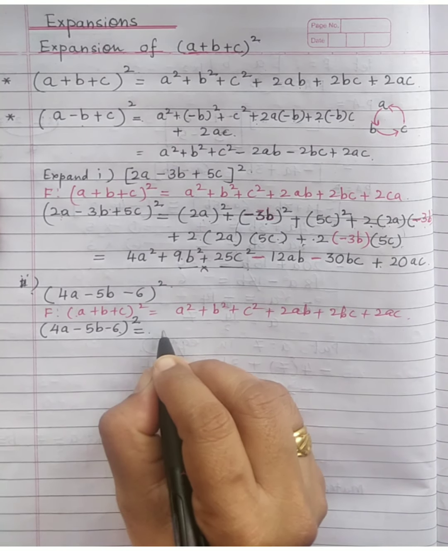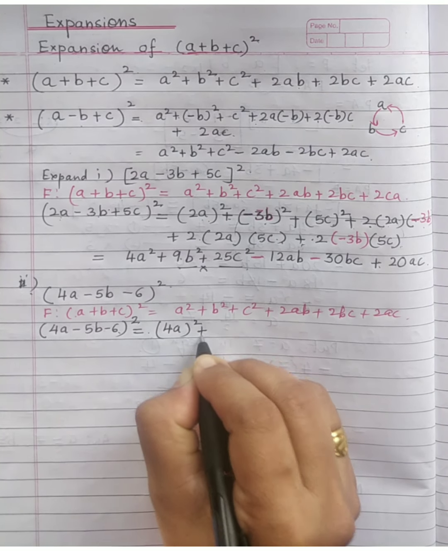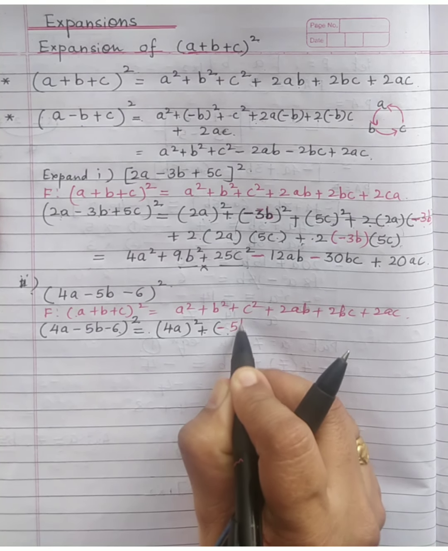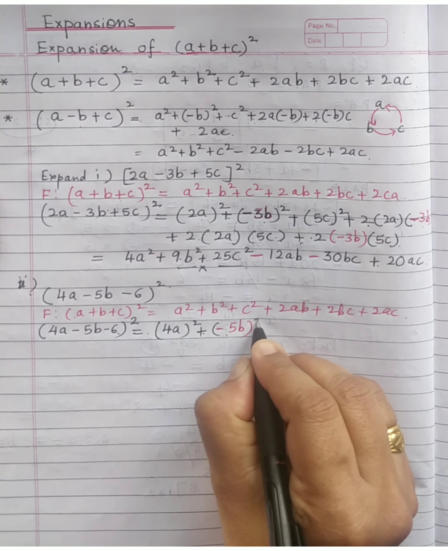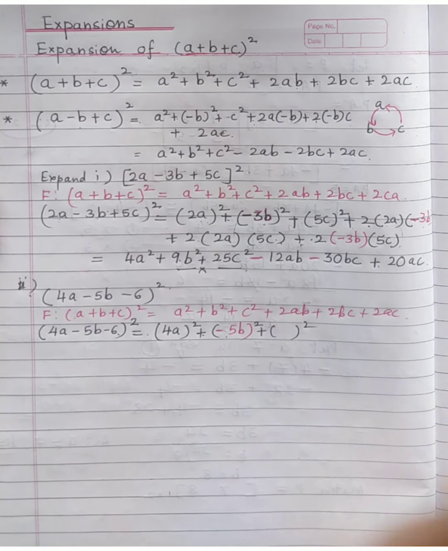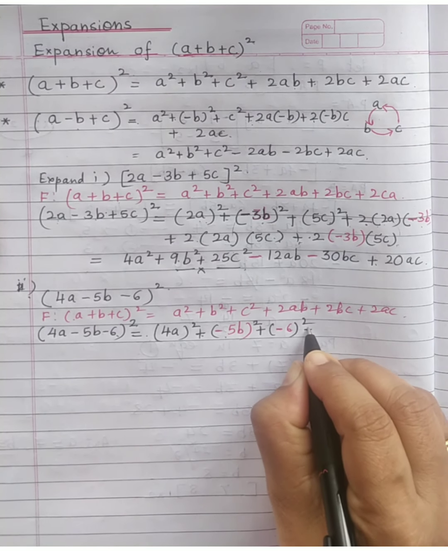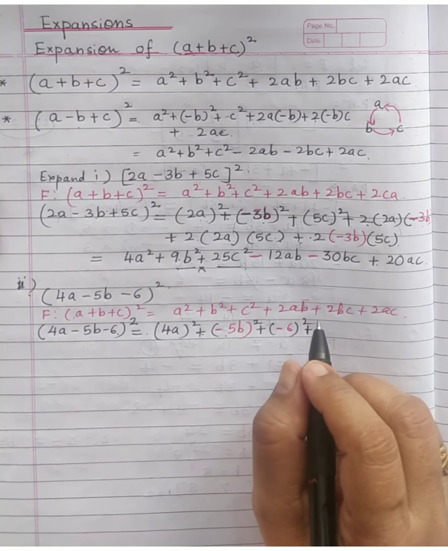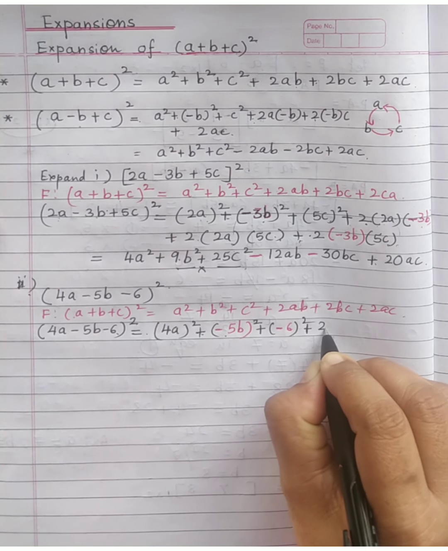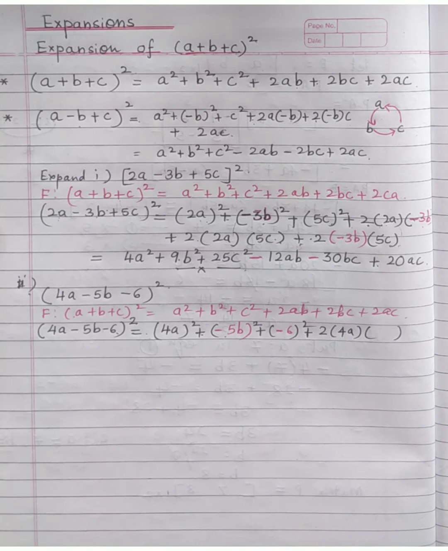Okay. Now, square of the first three terms. Easy it is. (4a) square plus, again I'll use different ink, (-5b) square plus, again it is negative, right? So minus 6 square. You have to use one ink only; this is just so the negative term is highlighted, that is why I have changed the ink here. Now 2 times a, what is that? 4a. But b is what? Minus 5b.